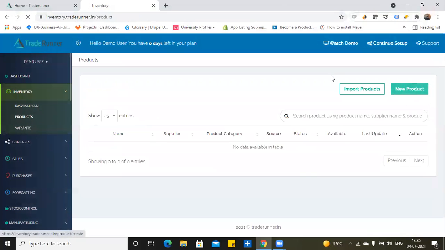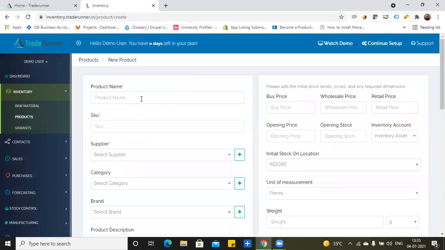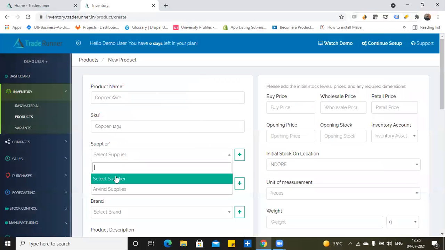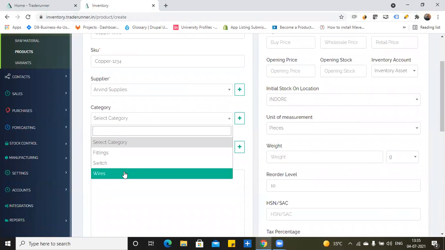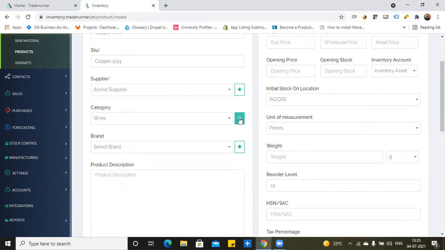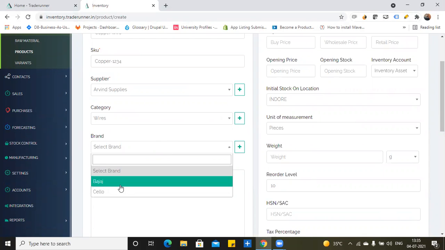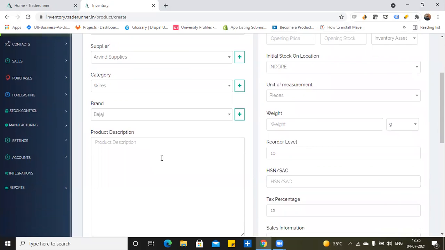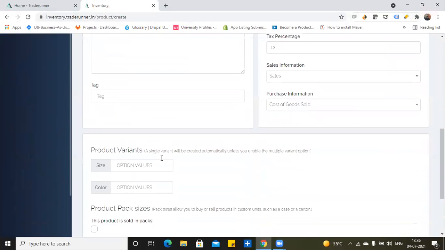Another way is to add products on the fly here. So let's say copper wire and SKU is, supplier is unknown. Category is buyers. You can create category here also. And let's say the brand of wire which I'm selling is the Judge brand.